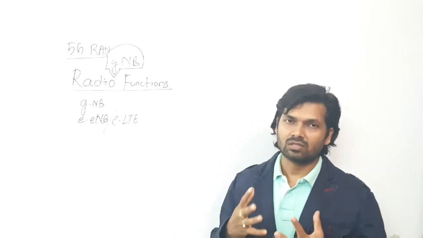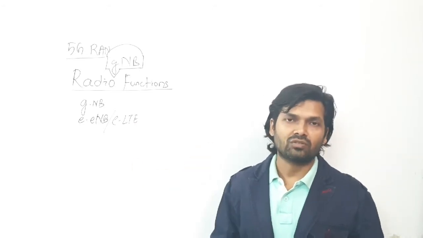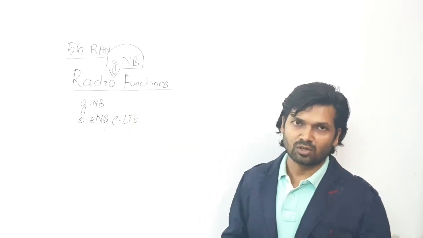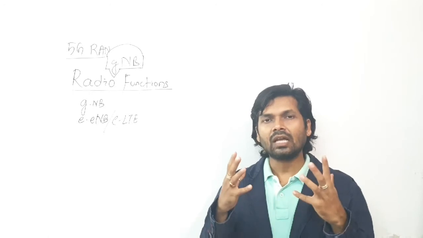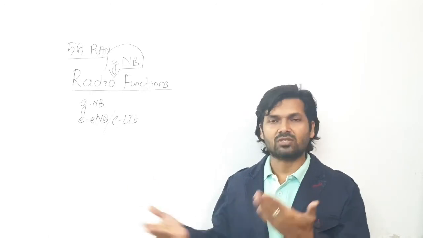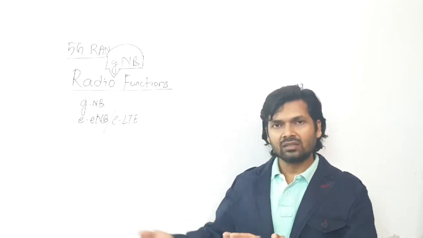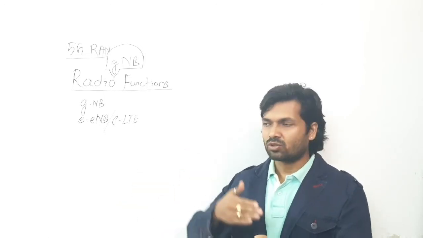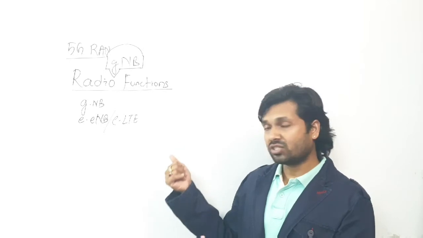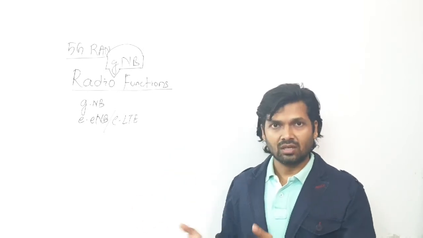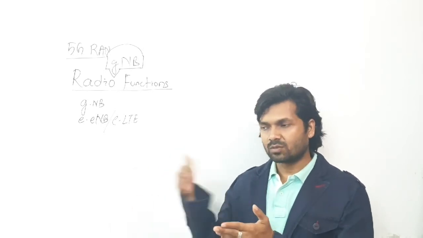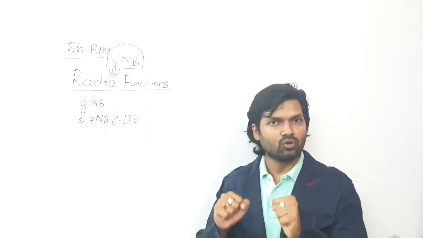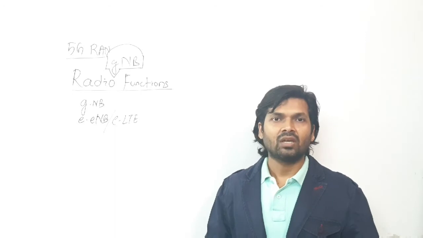So that is the second important function which is handled by the gNodeB, the 5G radio access network. Next one is RAN control on a per slice basis. We manage, or control, the RAN per slice. We have different network slices in 5G, so we manage through slices. RAN control per slice is managed via the gNodeB, so that is also one of the very important RAN functions in 5G.